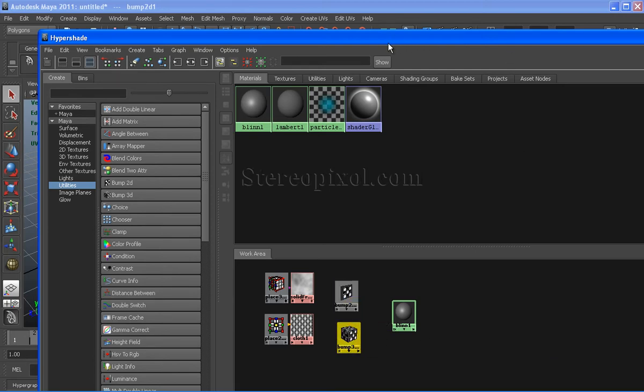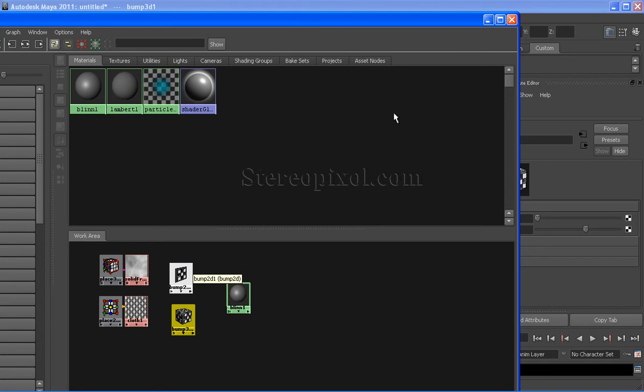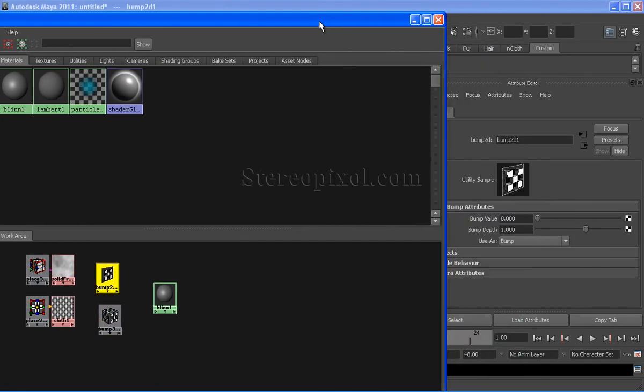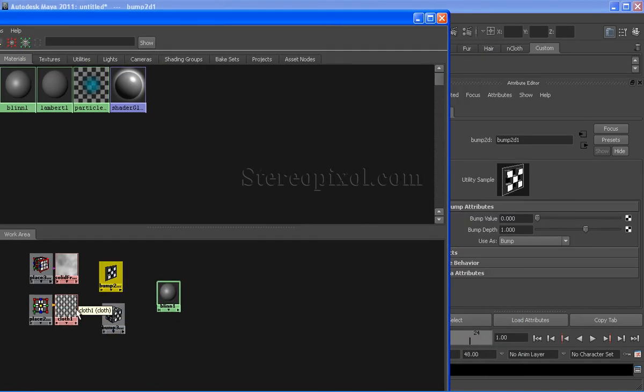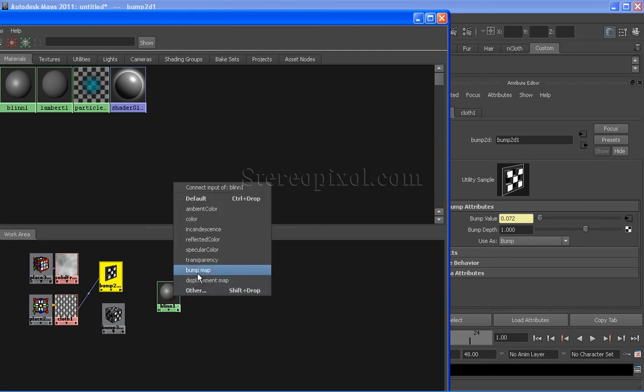Now select the bump 2D node and put the cloth texture under the bump value node. So select the cloth and middle mouse drag drop to bump value, and select the bump 2D node and middle mouse drag drop on the shader and connect it in the bump map.